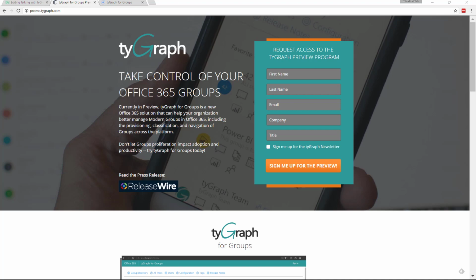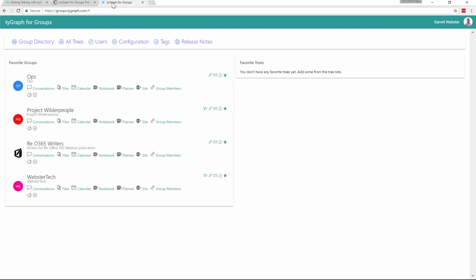So I'm going to talk through what I have set up and try to reminisce a little about what I found as I was setting this up. So we have tyGraph for Groups, and the way that you access the product is you go to groups.tygraph.com. Now there are some instructions about how to set that up so that it will appear in your Office